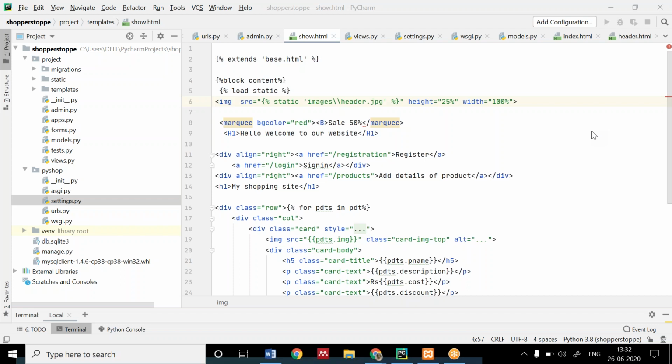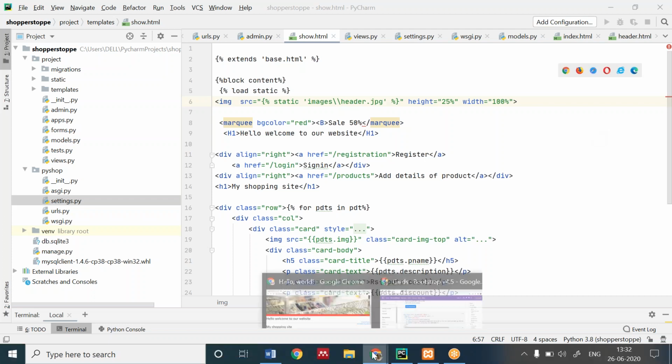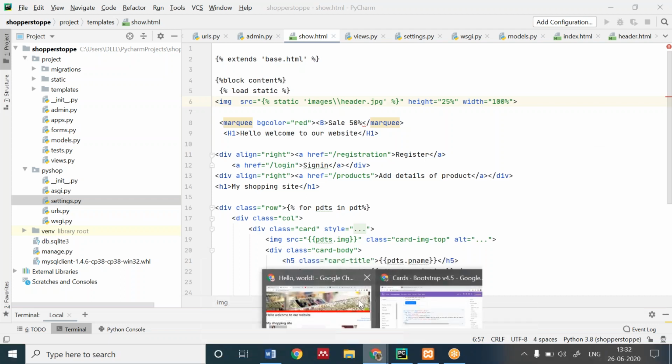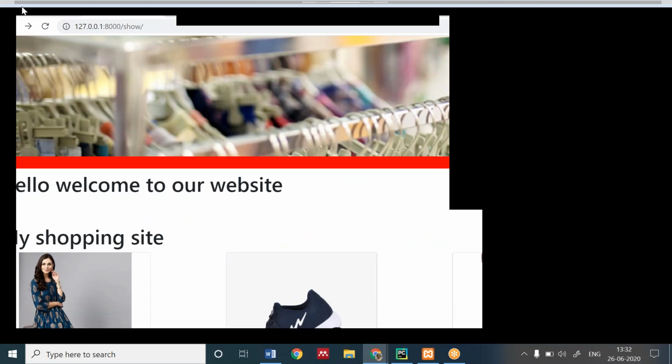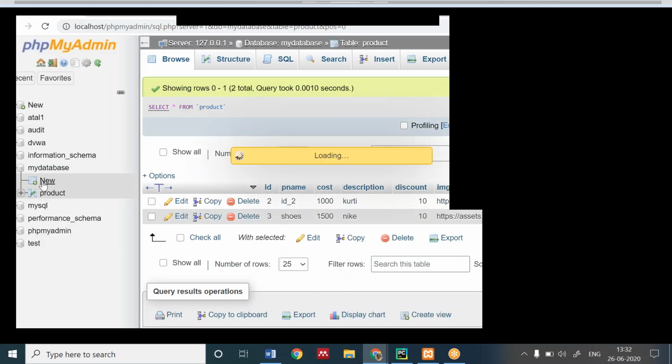Write it down, create a registration. You have created a registration form and page. I hope I gave it to you as homework yesterday. So you just have to add these fields in the database. You have to create a new database here. You have to create a new table.